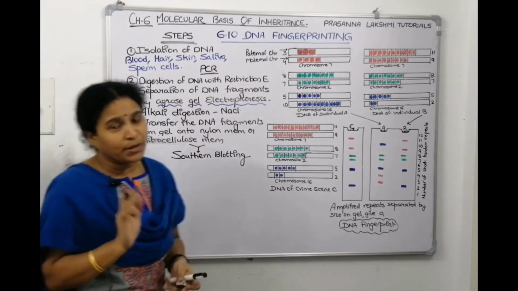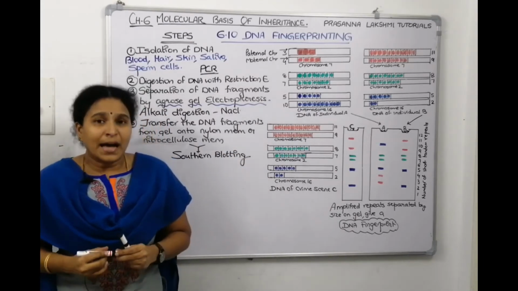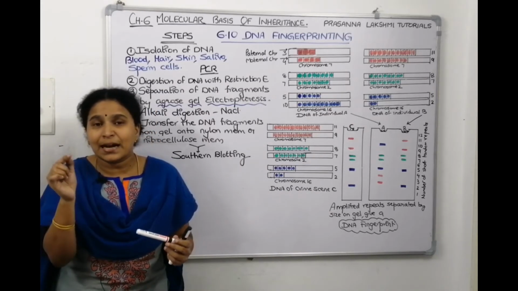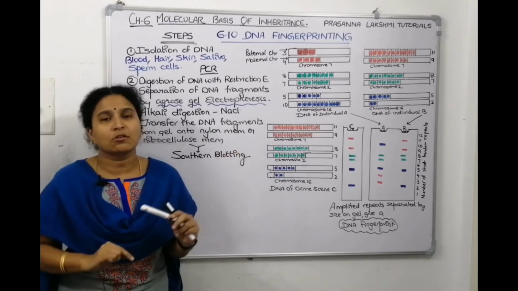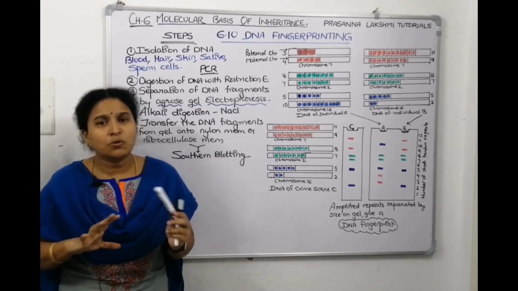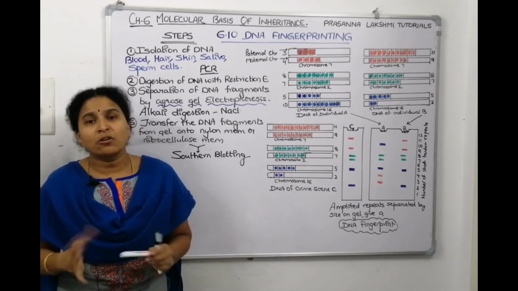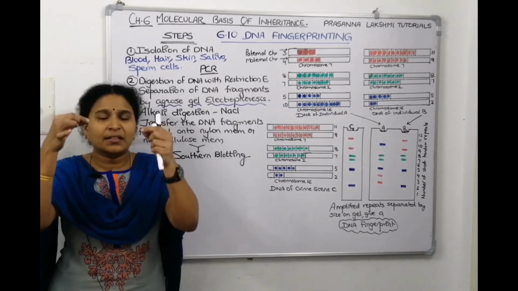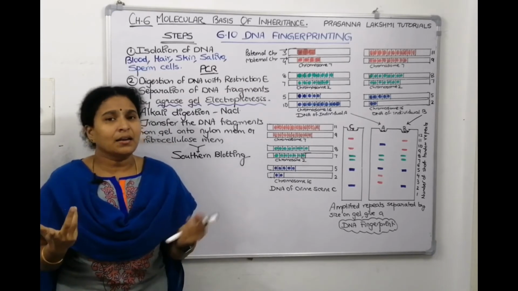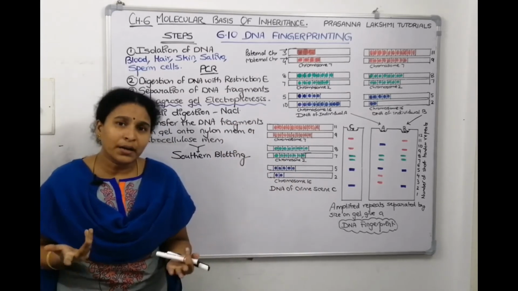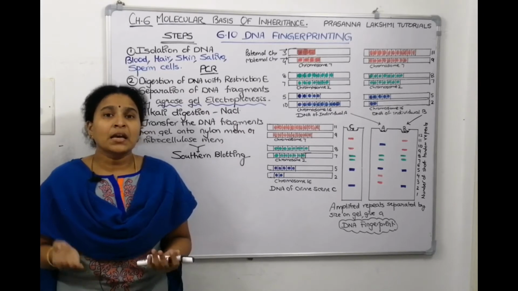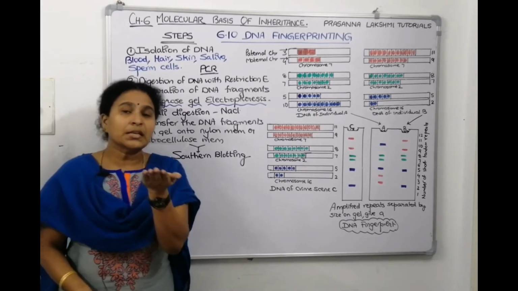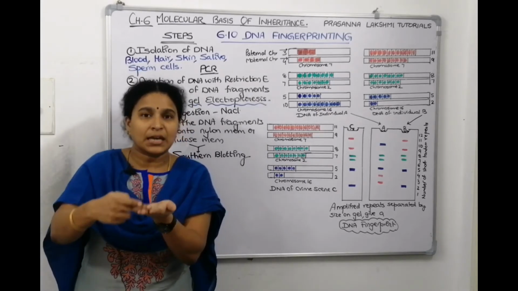So what are we doing in the fourth step? After the DNA gets separated, after you make them into single strands by keeping them in alkali solution, we want those DNAs to be transferred onto a membrane. Why? Because gel is fragile, no? If you just lift the gel like that, it will break into pieces. Then all that you have done is ruined, it's a waste. So before doing that, what will we do? This is the separated gel where the DNA fragments are like this.